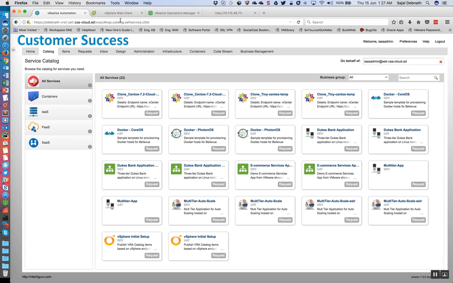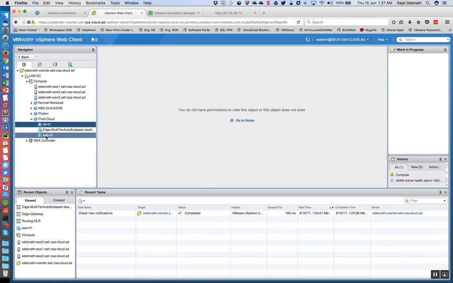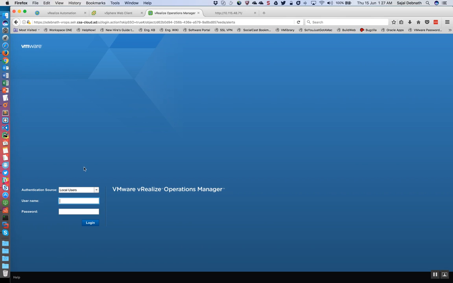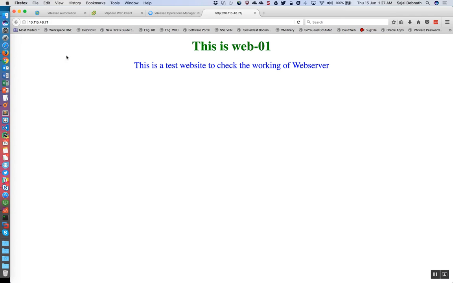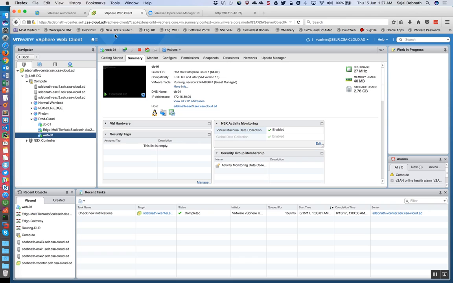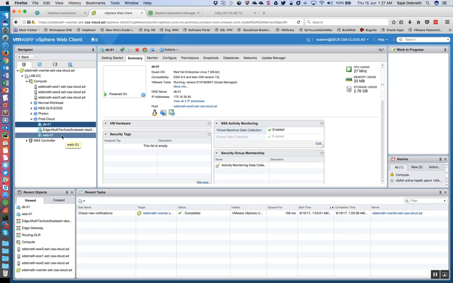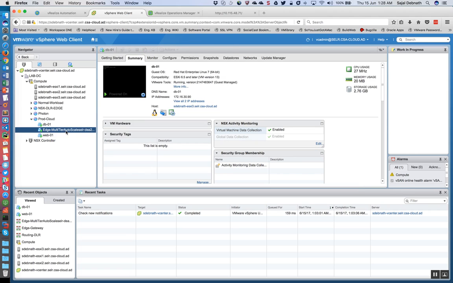So this is my setup. This is my vRA server. This is my vCenter server. This is vRA's operations manager, and this is my web server, 10.115.48.71. This is web01, a test website that I'm running. So this is my web01 and DB01, the database server and web server, and this is my on-demand load balancer,